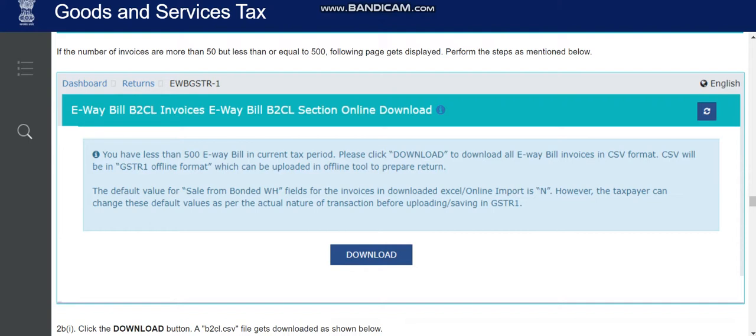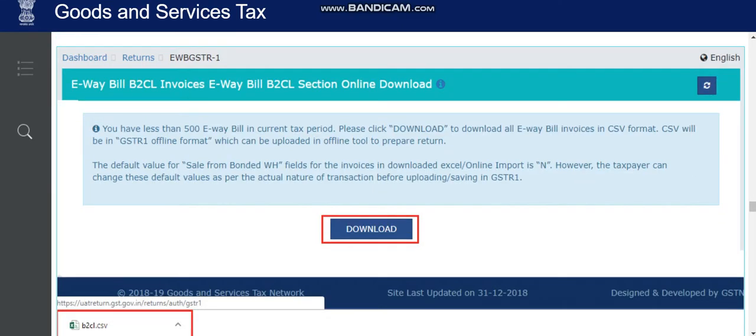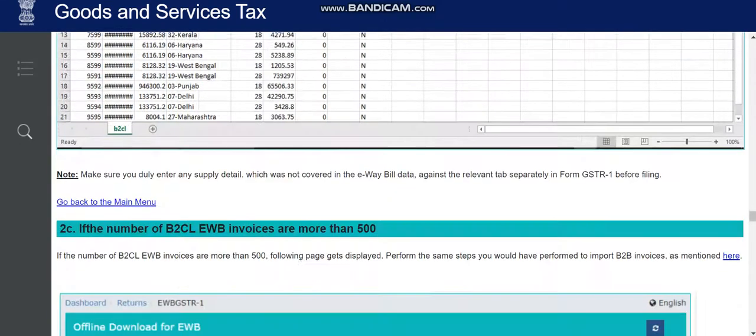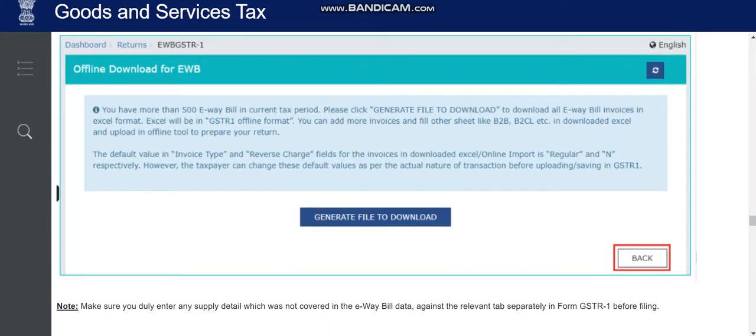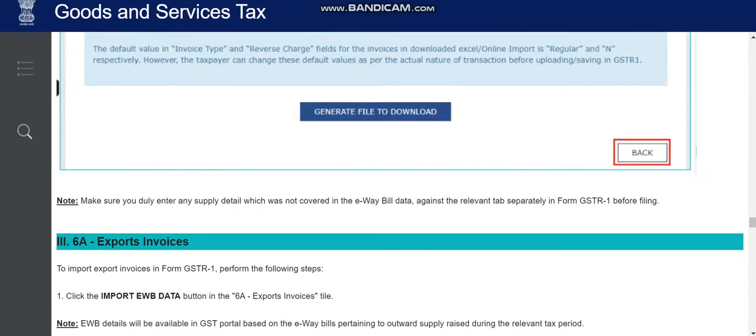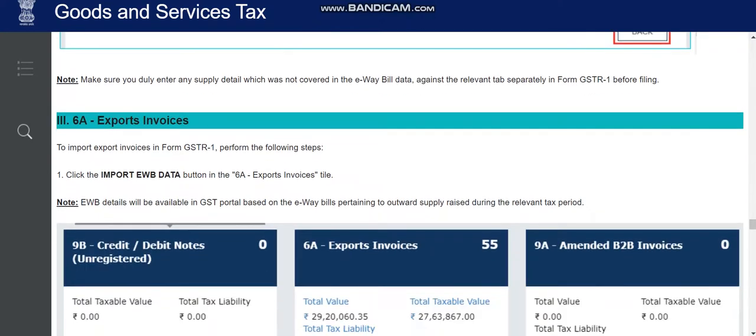If invoices are more, you will get this option which you can download and upload in the offline utility. If invoices are more than 500, the following option will be shown: generate file to download. You can click, it will take 20 minutes, and it will give you the extracted file. You can upload it in the offline utility.